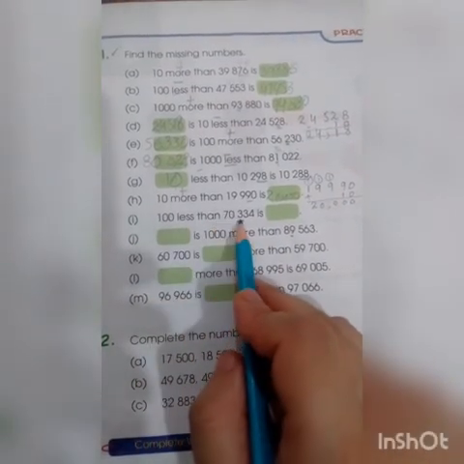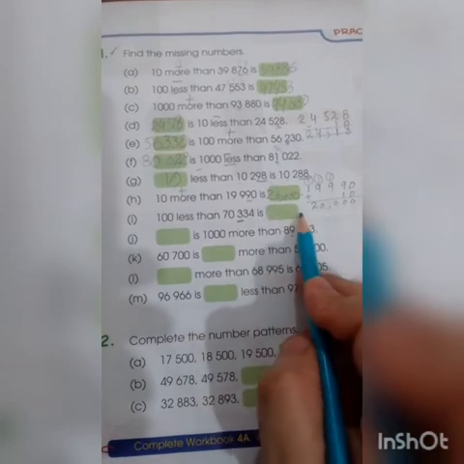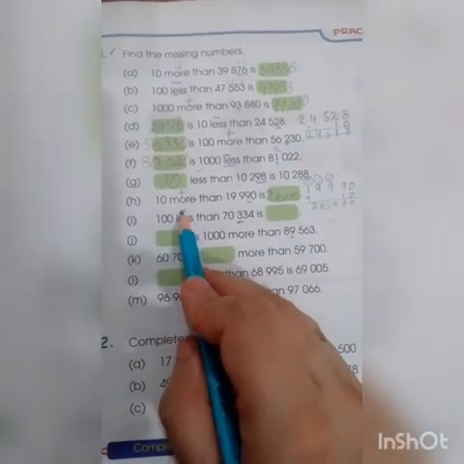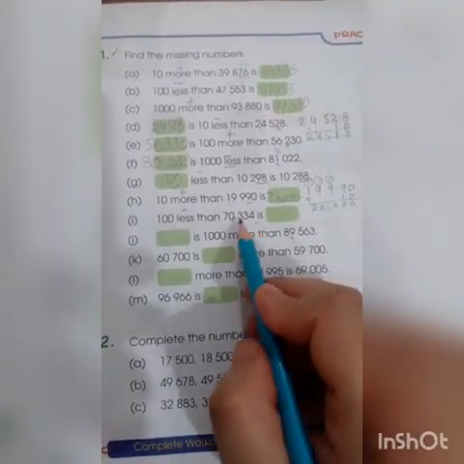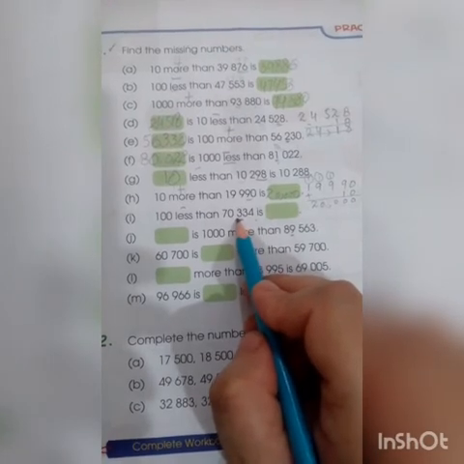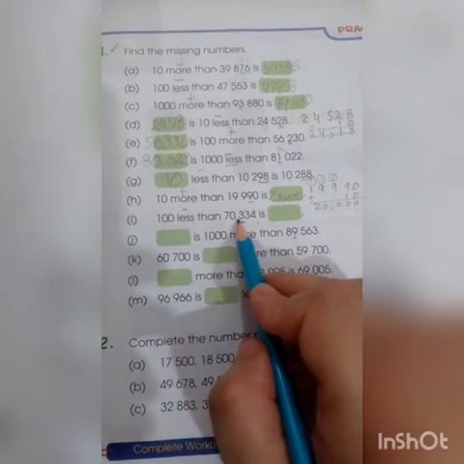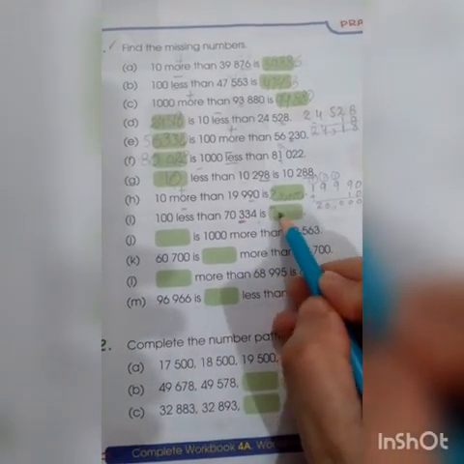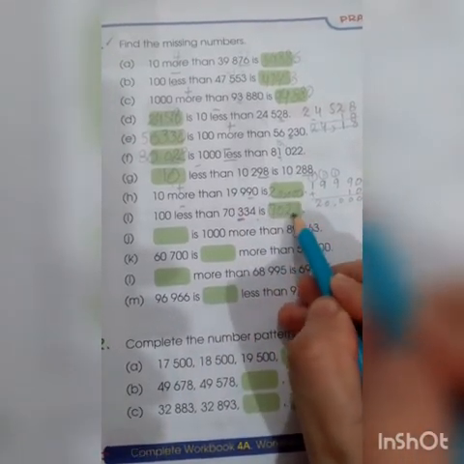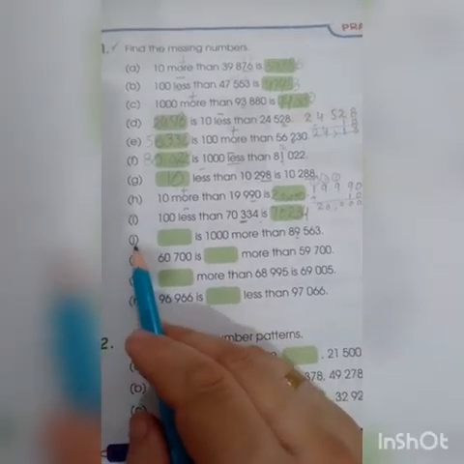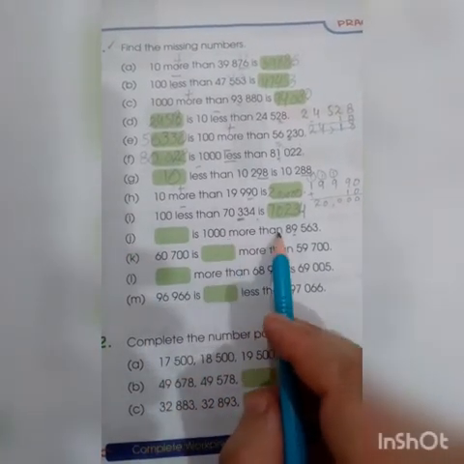100 less than 70,334 is dash. It means we have to subtract 100 from this number. And now this 300 will become 200 because we subtract 100 from this number. Now 70,234. Now J part. Dash is 1000 more than